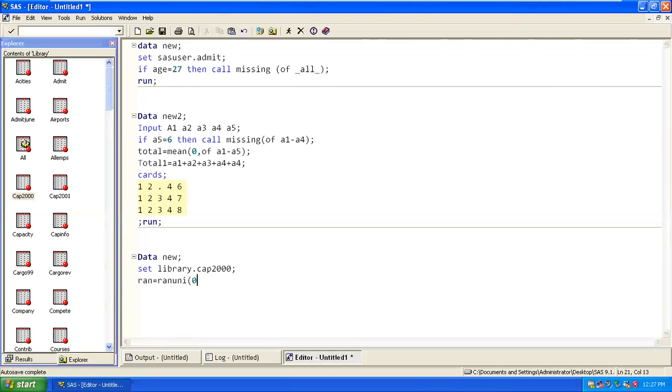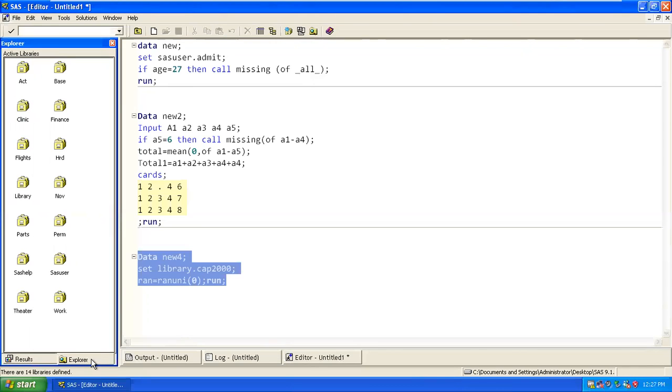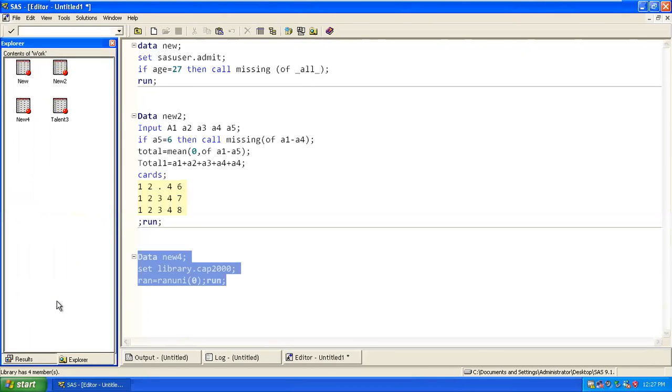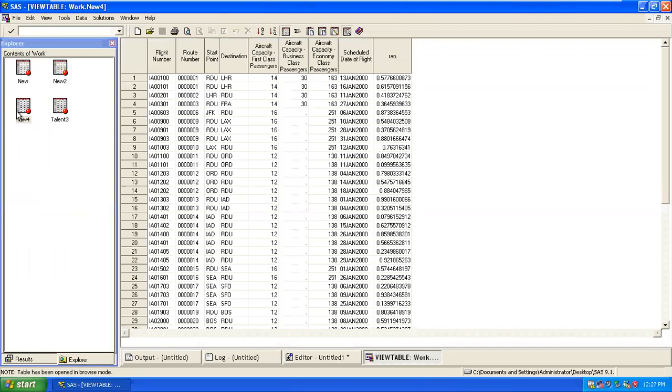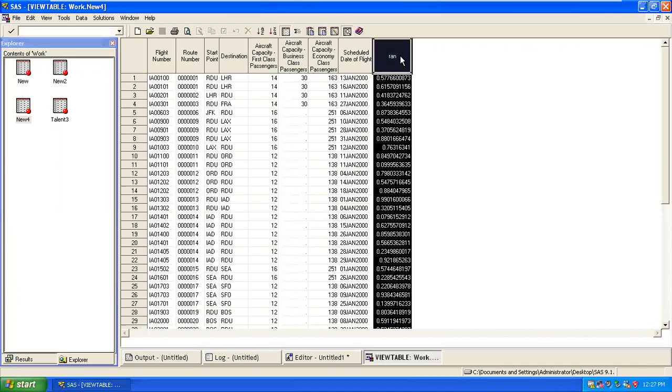If I take 0, I'll show you what is happening with 0. The number got assigned over here, and this is nothing but the random number, a value between 0 and 1.